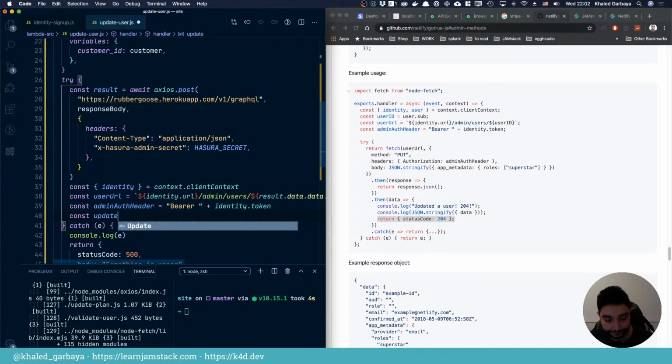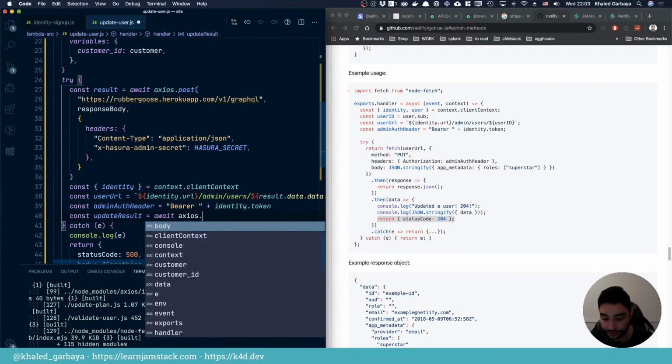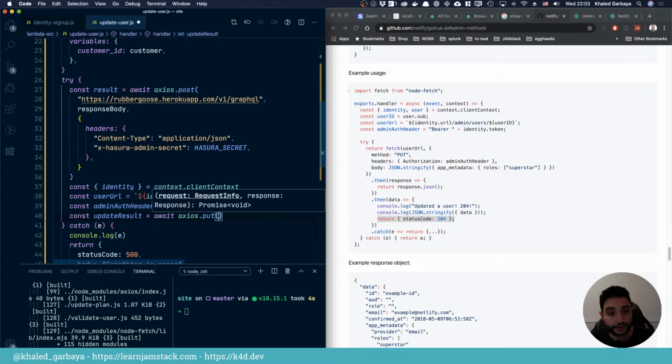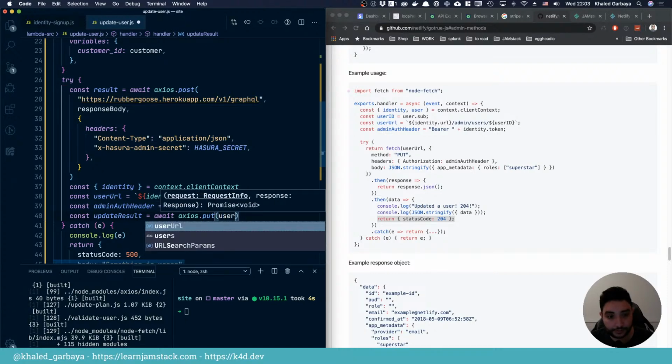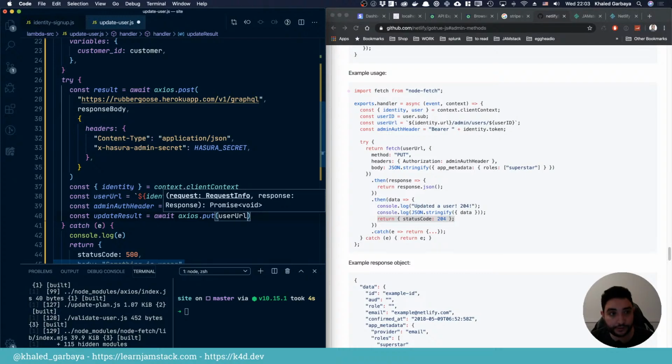Update result is gonna be again awaiting Axios, and then put, gonna be the user, so it's gonna be the user URL, and then